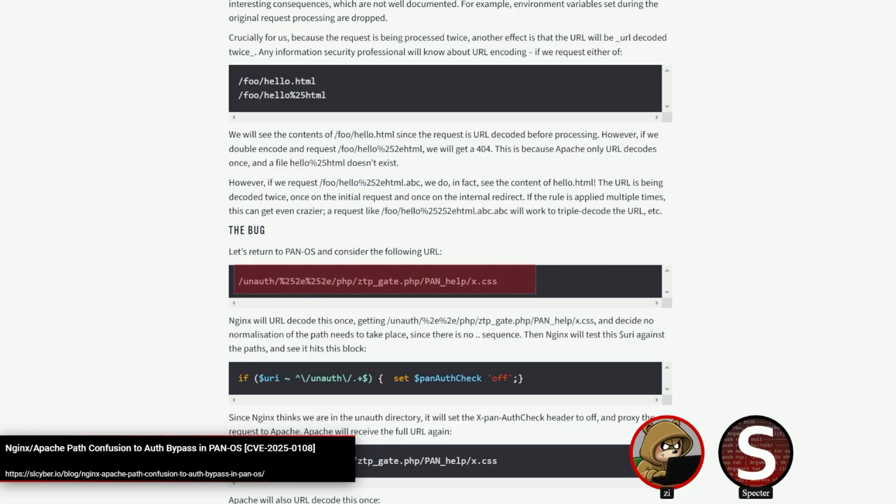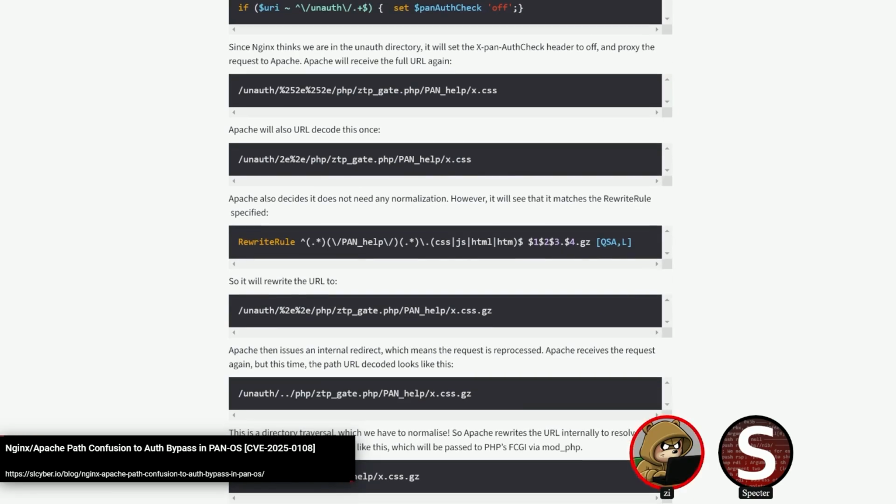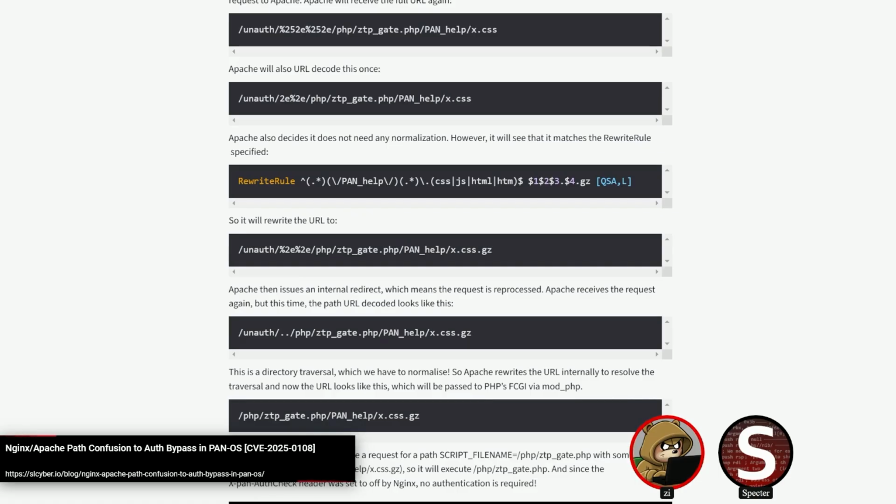It's going to decode it, ultimately leading it to reverse this path traversal because it's .., so we don't need unauth anymore, sending the request over to the PHP ZTP gate endpoint here. But the header still remains. So with that little confusion with regards to the path, and a little bit of complexity around the double encoding, effectively what's going on is just